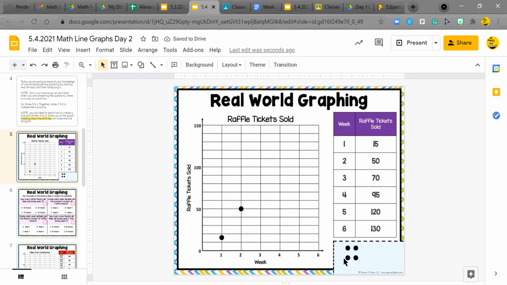3 is 70. So I'm going to take my line, go to 3. Here's 50, 60, 70. See how I just kind of moved up 2? Because I'm counting by 10s. Now, number 4 is 95. So I'm going to go up here to 100, and I know 95 is right below it. And it's not counted by 10, so I know it's in between 90 and 100. Oh, I moved that down just a little. See,